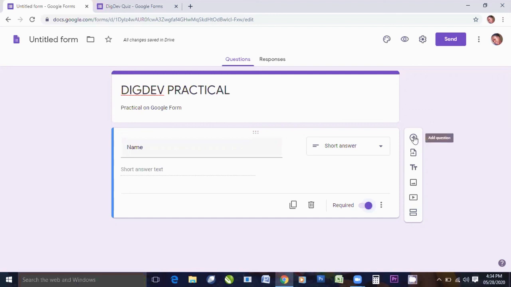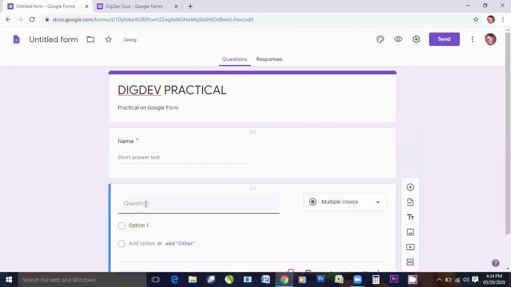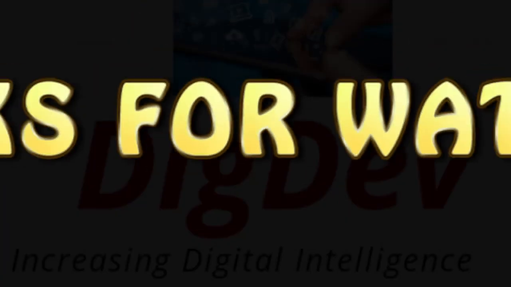Now, so you come here, we want to add the next question. So you click on this. Once you click on it, it will bring it automatically here. Then just type in whatever you want. Okay, you can put email address. Just type email address. Okay, now email address is also required, and the answer they are going to give is not multiple choice.